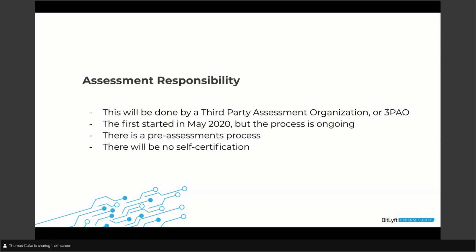Congratulations, you've made it. Again, I want to reiterate, there is no self-certification. The reason why that's important is in the past, a lot of people have, I don't want to say not taken it seriously, but they were able to patch some holes with bubble gum, so to speak. And that's not going to be the case in the future. You want to make sure that you're actually doing the things that you say that you're doing here, because you can get dinged later, or you can lose contracts, you can be in trouble, and there are actually going to be assessors that are looking at this.